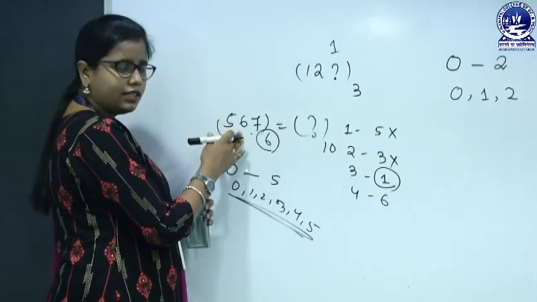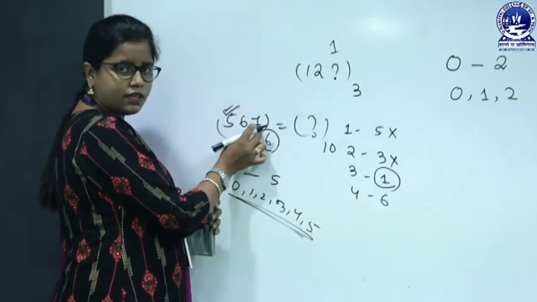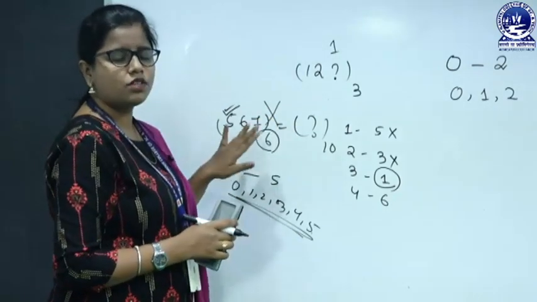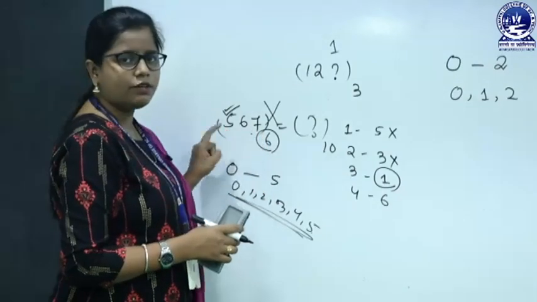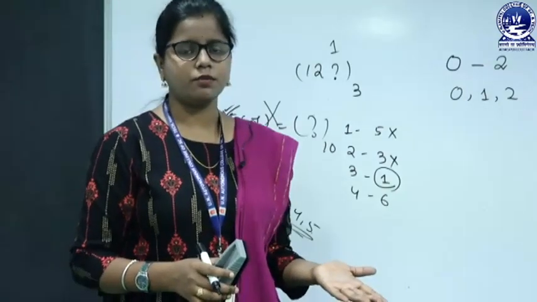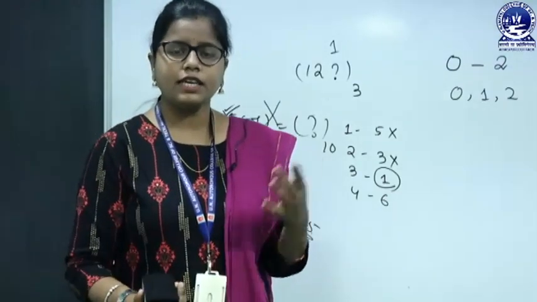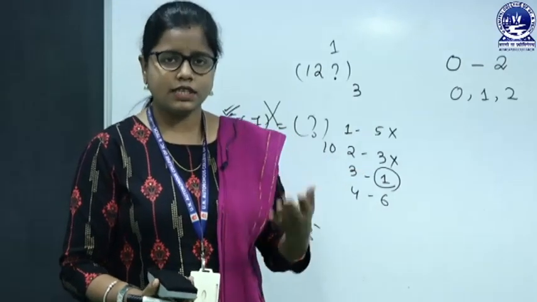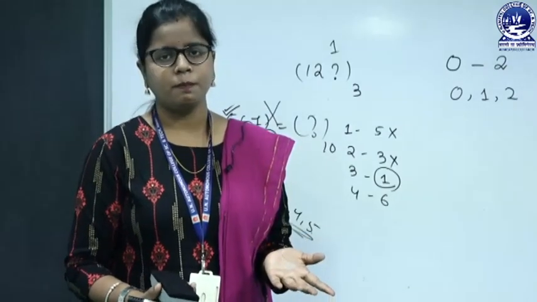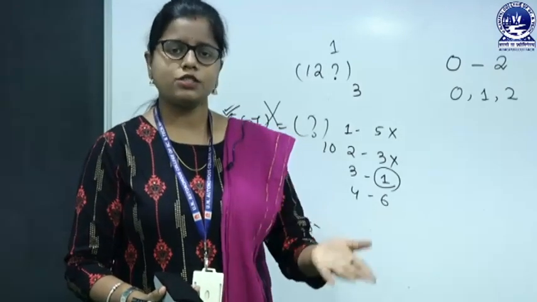So what about this 5? 5 is in our range, so this digit is correct. But what about 6 and 7? 6 and 7 are not in our range. So this question is incorrect. This is not a valid number. We can convert only a valid number into the decimal number system. We cannot convert any invalid number to the decimal number system. So we have to check whether the number is valid or not. If it is invalid, then we have to mention that the number is invalid. We cannot convert this number. Once my number is valid, then we will go for converting base 6 to base 10.